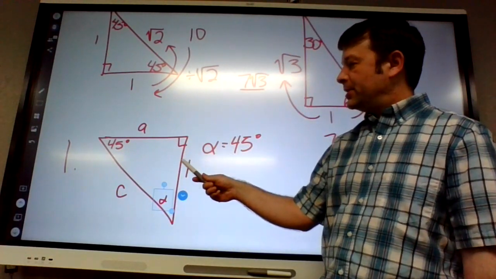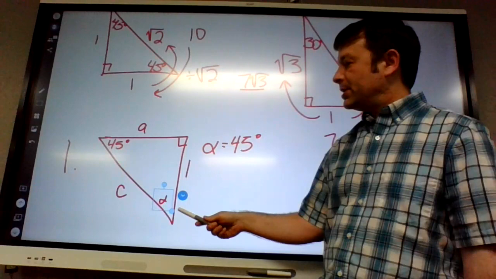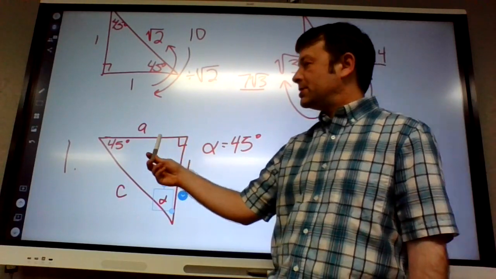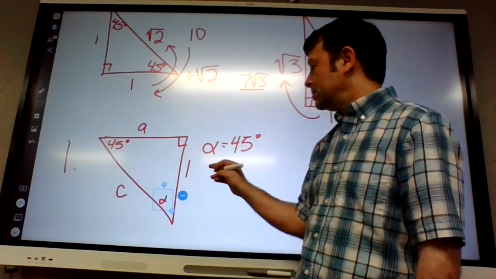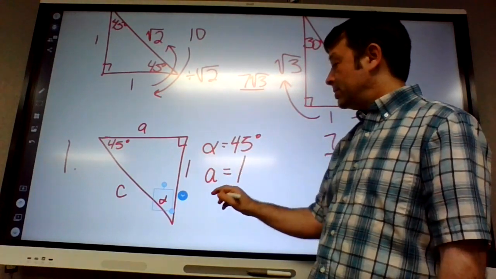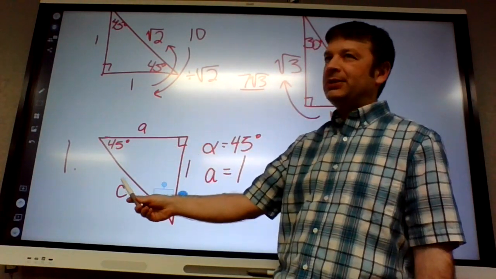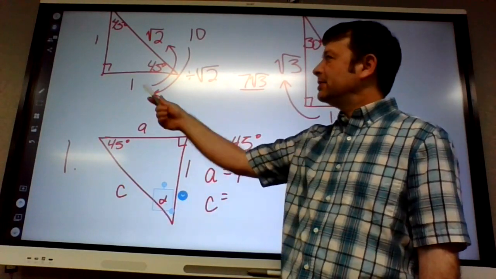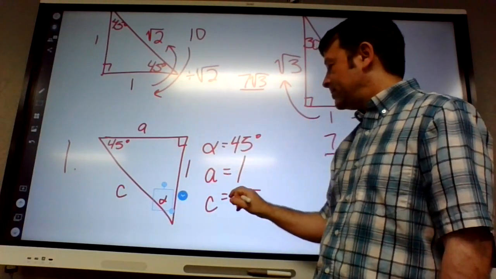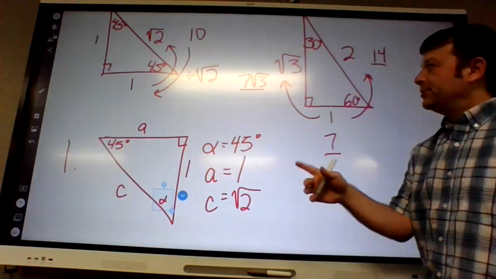So over here on this leg, they tell us it's a 1. So if this leg's a 1, what's this leg got to be? A 1. So A is 1. And if the legs are 1, the hypotenuse is square root of 2. It's like the base triangle. Number 2 is like the basic